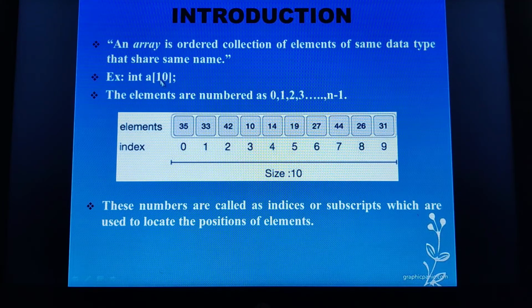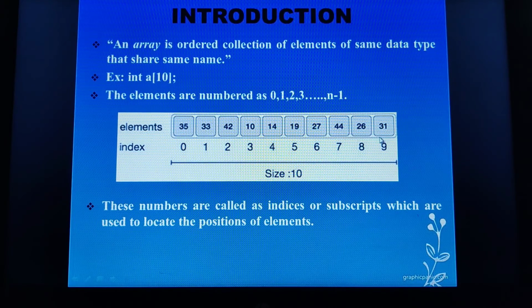And all these elements are being referred by their positions. These are the positions, wherein for this position we have another name as indices, or you can also refer to them as subscripts. I hope, children, are you able to understand? So these are the elements, these are the actual values, children, and these are the positions. Therefore the total size of the array is 10, but here the subscript starts from 0, and therefore it ends at 9.